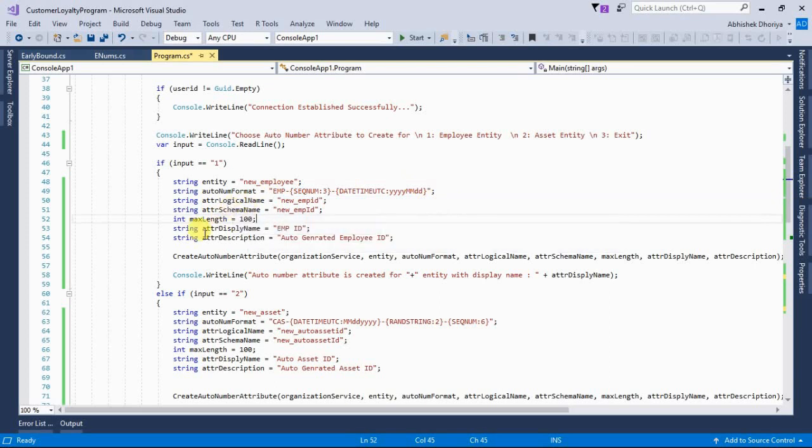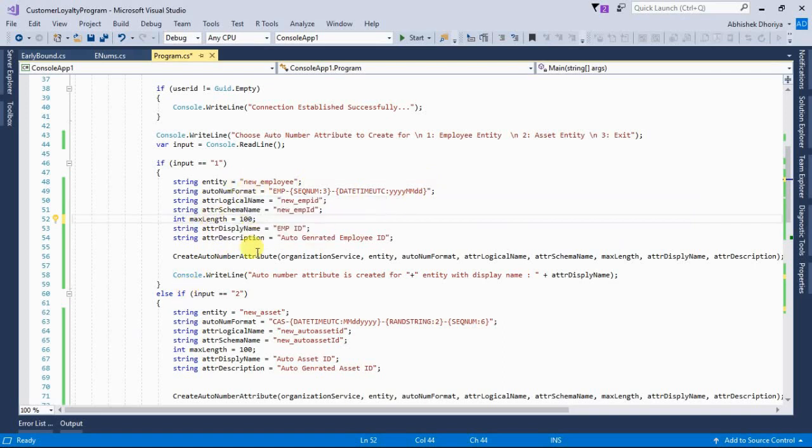At the time of creating the attribute, even if you specify the maximum length as 1, the attribute will still be created, but you will face issues when you create a record for that entity at runtime, because the system will not check the total length of the auto number format that you chose at the time of creating the attribute itself.